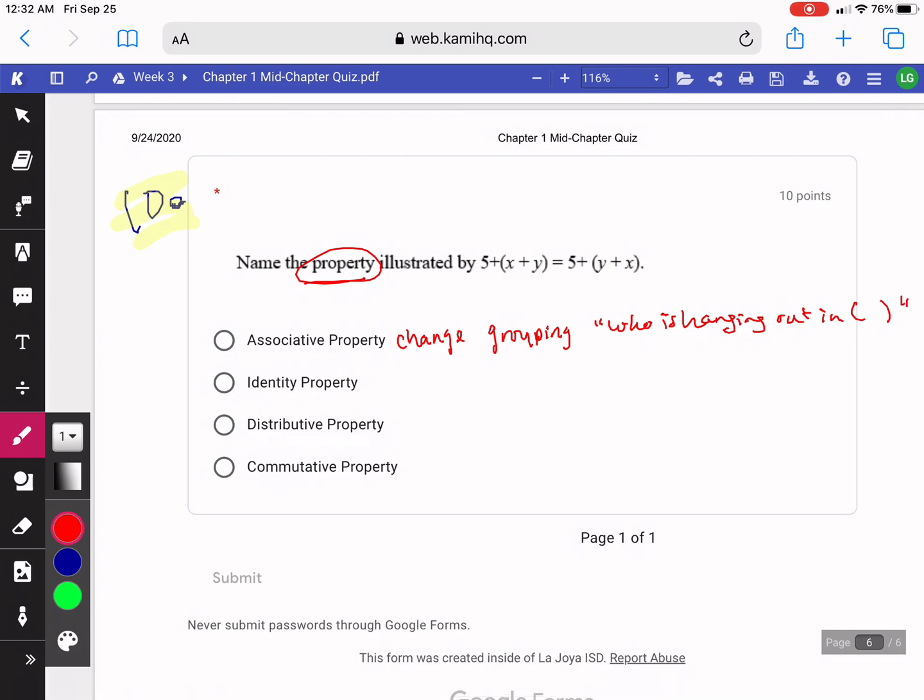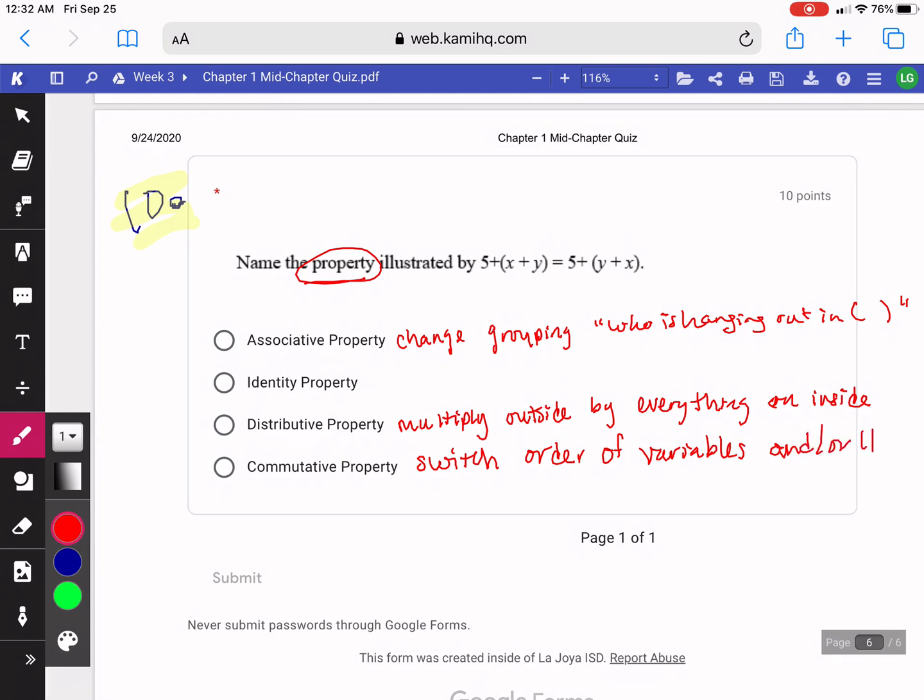The identity property wouldn't cover a lot. Distributive property is when they multiply what's on the outside by everything on the inside. And then the commutative property is where they switch the order of variables